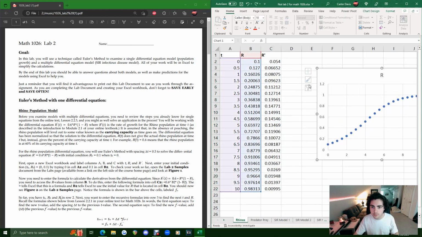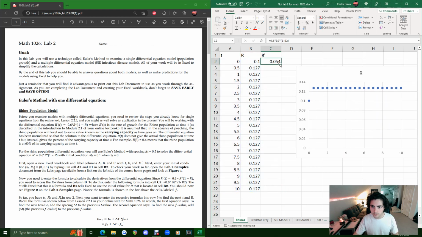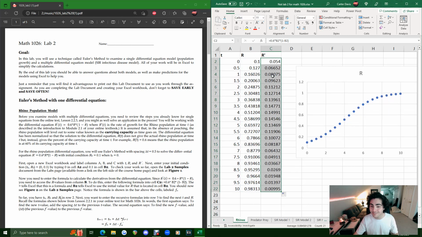All right, yeah, let's do that again. Look at this graph one time. So we have the formula, and we drag it down. Nice. All right, that's pretty cool. All right, so that was pretty much it for this one. It's just the Euler's formula,